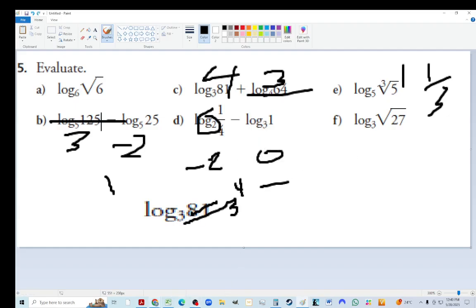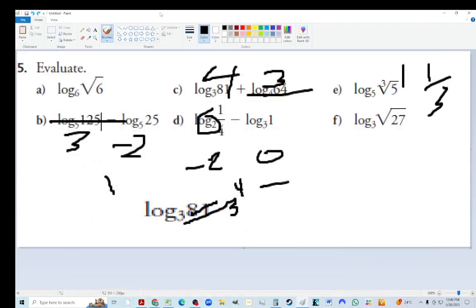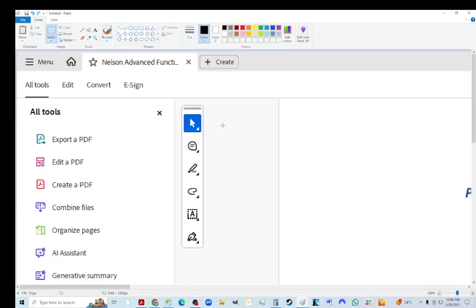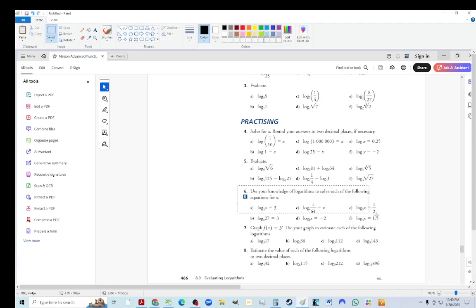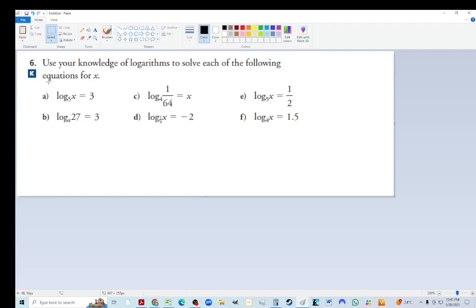So they're useful. They're useful because you stretch your brain, and these things require brain stretching, because nobody intuitively can think of a log in their head and understand what's going on. Well, you can if you spend all day with logs. Use your knowledge of logarithms to solve this. Okay. This is asking 5 to the power of 3 is going to be equal to x. Well, 5 times 5 times 5 is 125. This one here is asking,